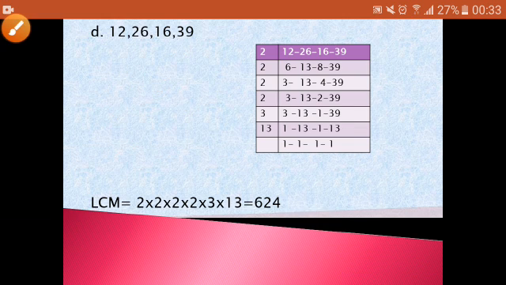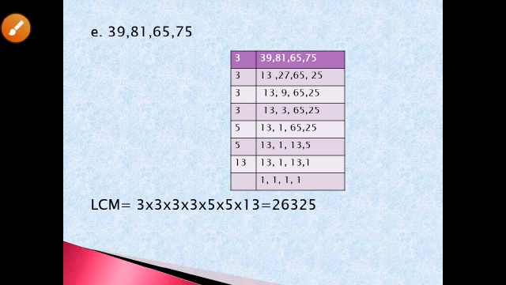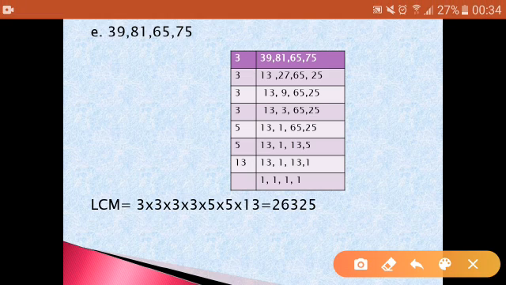Last slide, E part. Now look at this, 75, 65, 81, 39, and suppose someone is asking me how to check this all. So these all are the odd numbers. It's confirmed that they are not divisible by 2. The next prime numbers, because we are bound to use in this column all the prime numbers. So that means after 2 we have 3. So we can check these numbers with 3, like 39 is there. 39, how to check with 3?